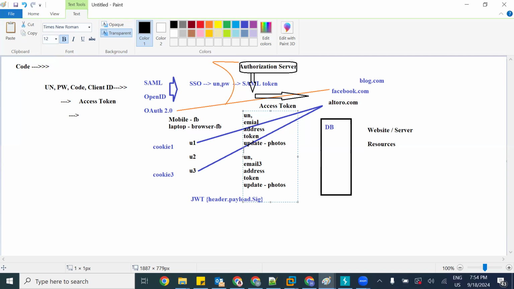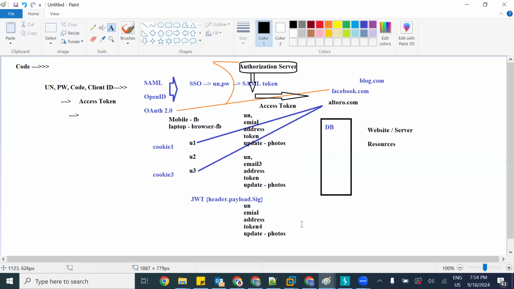One more scenario. This time, I'm trying to send some request, but I logged out, so this token is logged out, and I try accessing the website. Will I be able to? No, right? In case you are able to access, that is a vulnerability. In OAuth 2.0, you need to validate